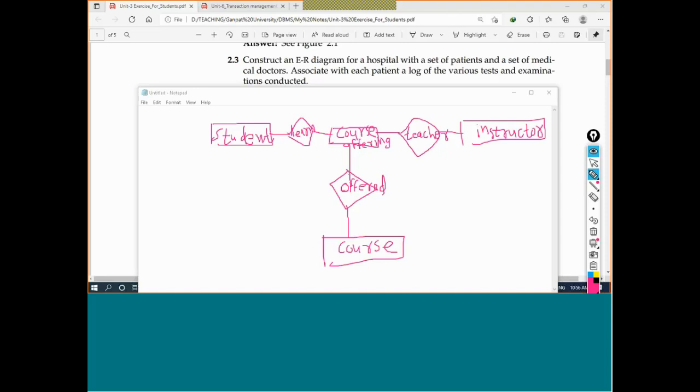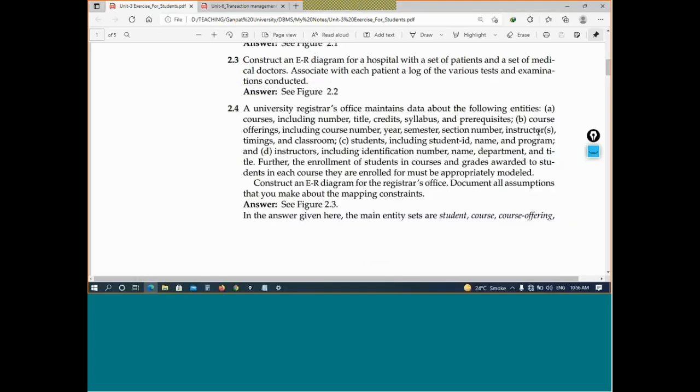Now we have different parameters here, or I will say attributes. जैसे कि course having course number, title, credit, syllabus, prerequisites. Okay, so whatever attribute is given, that I will apply here.